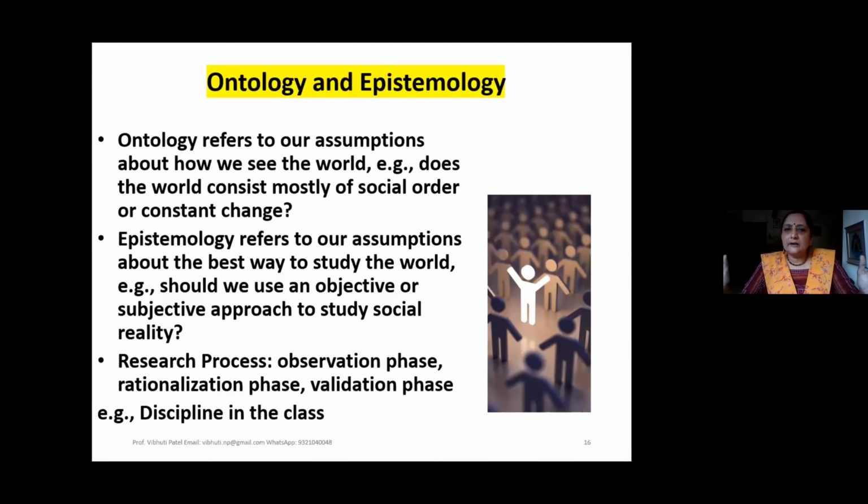Now, these are the kinds of complexities which are captured by triangulation. What is triangulation? You have quantitative data and you have qualitative field-based data. You triangulate them and come up with a comprehensive understanding. In research processes, one is the observation phase, second one is rationalization. First you observe what is happening, and then you come up with your rationale that these are the processes which are happening and these are the reasons for that. These are the kinds of functional relationships that we are seeing. And then comes the validation phase, and that validation you can do with your hardcore data.